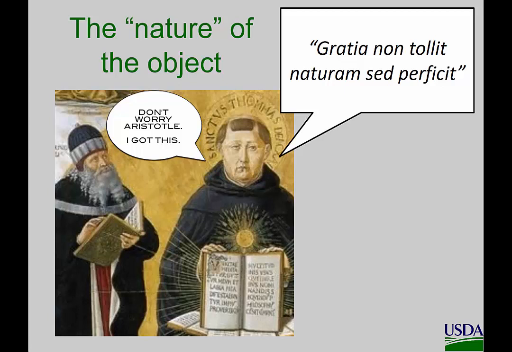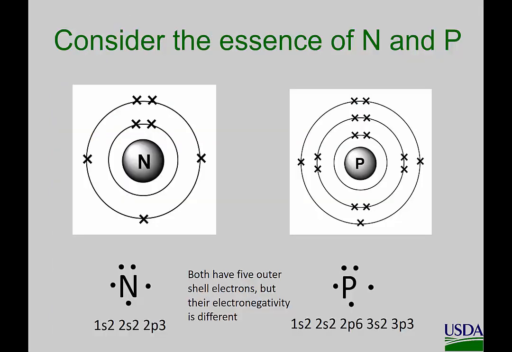So that being said, what is the nature, what is the essence of nitrogen and phosphorus? Knowing this can help us in our management. Briefly, let's look at the electron shell configuration of nitrogen and phosphorus. They look very similar initially, right? Look, they both have 5 outer shell electrons, right? 1, 2, 3, 4, 5, count them. They both form oxyanions, nitrate, NO3, phosphate, PO4. Look pretty similar, but